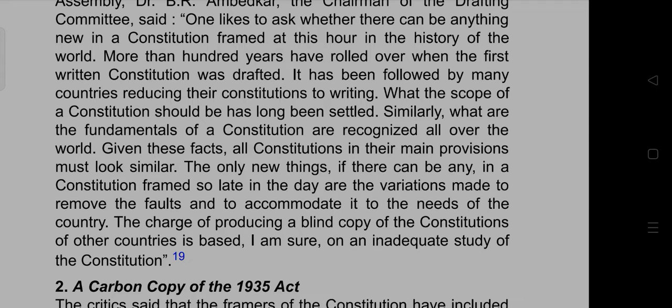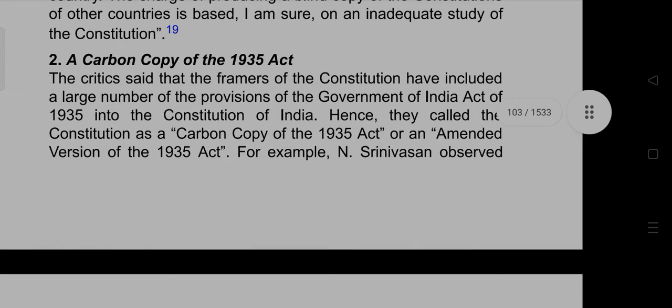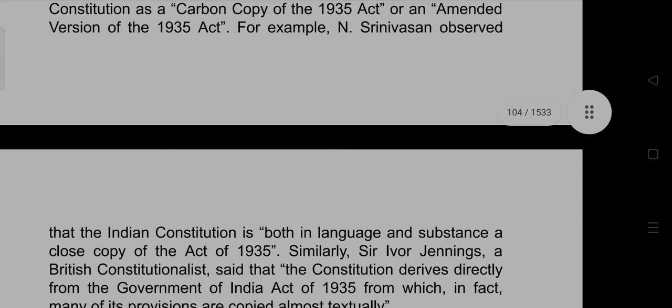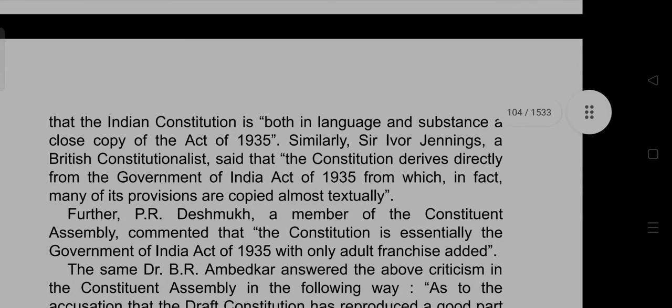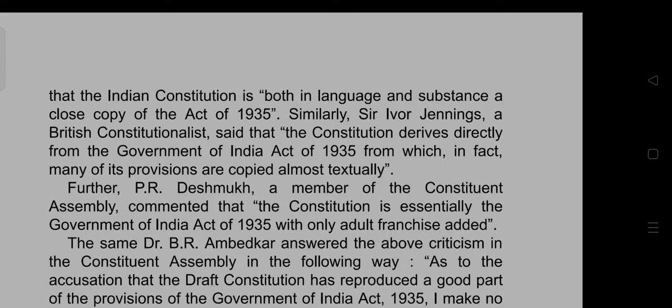Second, the carbon copy of the 1935 Act. The critics say that the framers of the Constitution have included a large number of provisions of the Government of India Act 1935 in the Constitution of India. Hence, they called the Constitution a carbon copy of the 1935 Act or an amended version of the 1935 Act. For example, N. Srinivasan observed that the Indian Constitution is both in language and substance a close copy of the Act of 1935. Similarly, Sir Ivor Jennings, a British constitutionalist,